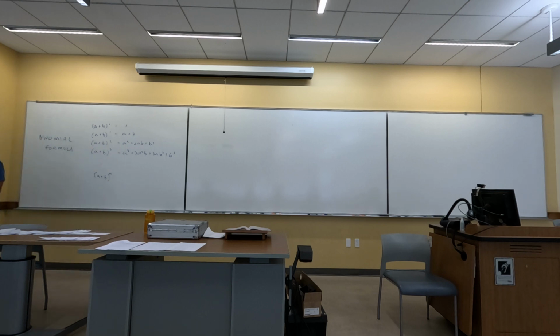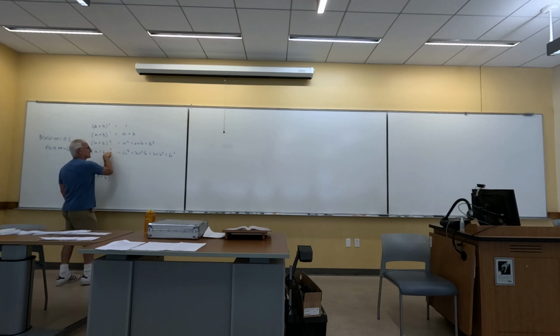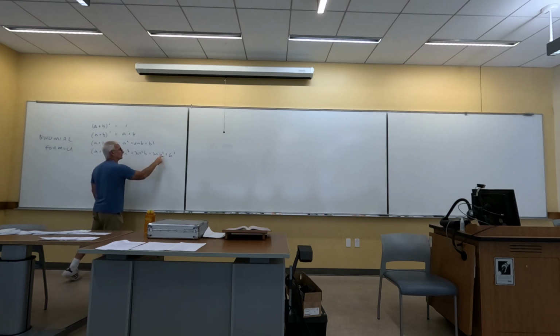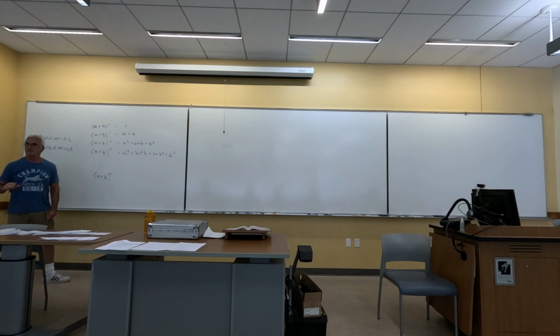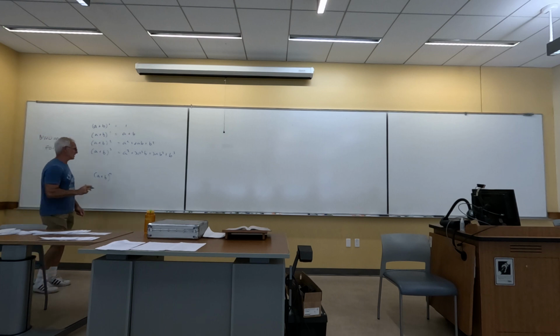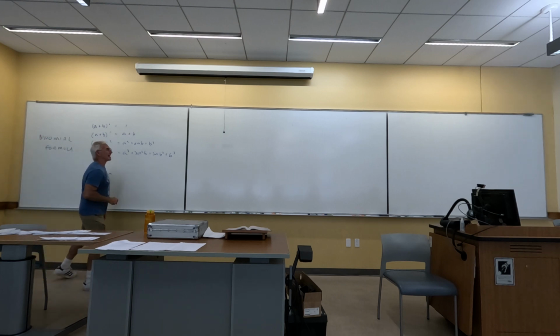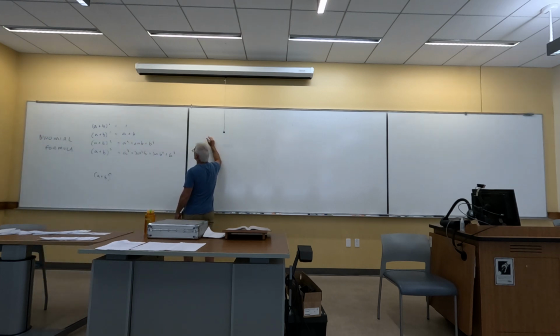We know that. The trick is, first of all, noticing, in this case, every single term is of degree 3. But the exponents are in descending order for the a and ascending order for the b. That just makes it easier to keep track of. So the question is, is there a pattern here? Well, if we look at the coefficients only,